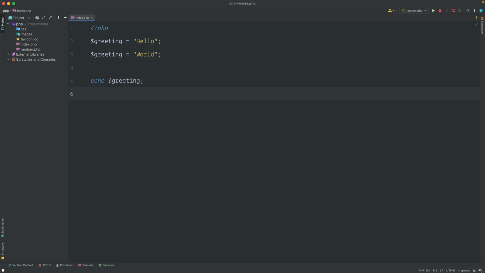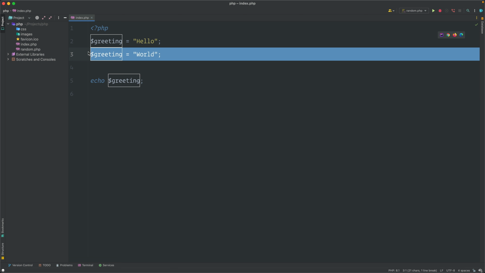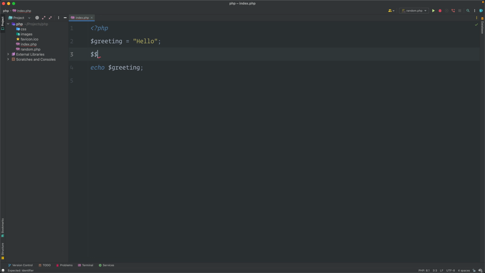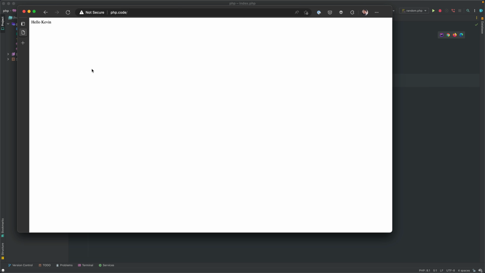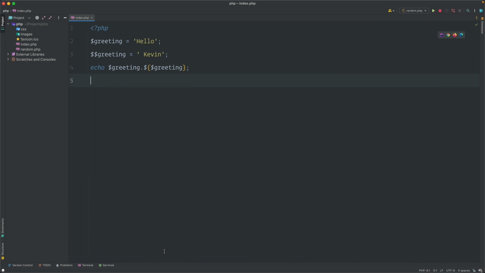Okay, there's one more confusing thing. Let's remove this, and then we'll add $$greeting, and we'll assign it Kevin. Now, instead of wrapping these in double quotes, we're going to wrap these in single quotes. And we're going to echo out greeting like this. And we're going to check what this says inside of our browser. And you can see that this says hello Kevin. And this may be a bit confusing. What's happening here is the value of the first variable, hello, is being used as a variable by using the